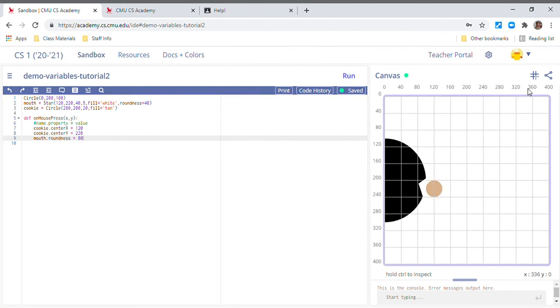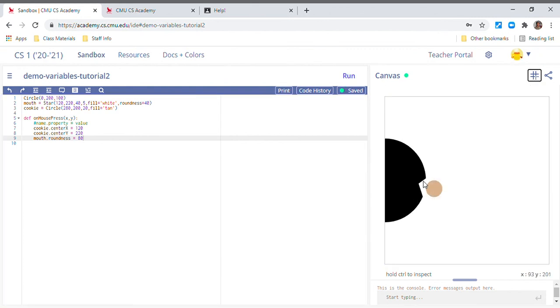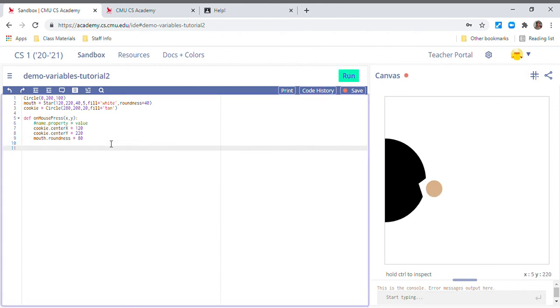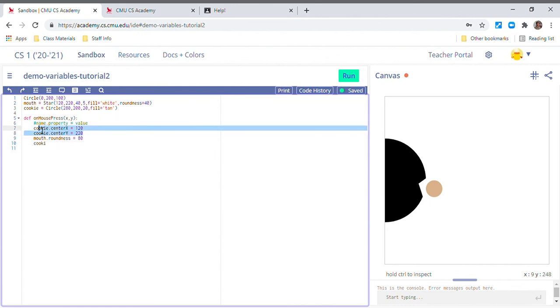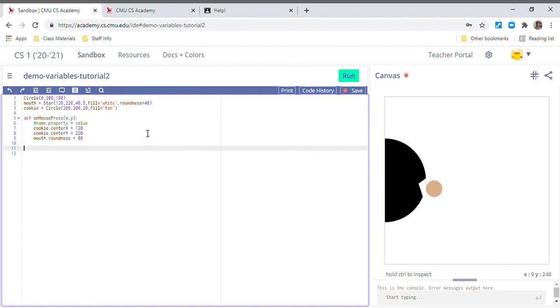Okay, so now we see that the mouth here has gotten bigger, and now just to show you what this would look like, we can also make sure that this cookie disappears as well. And to do that, we could do something like this. So instead of moving the cookie here, actually let me pause. What you can also do, like let's say when you release the mouse, you want the cookie to disappear, you